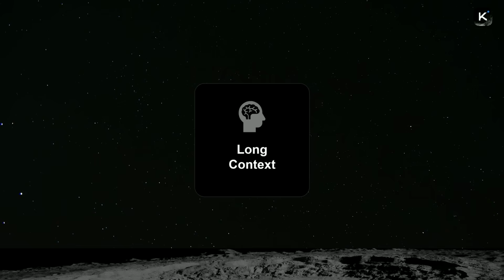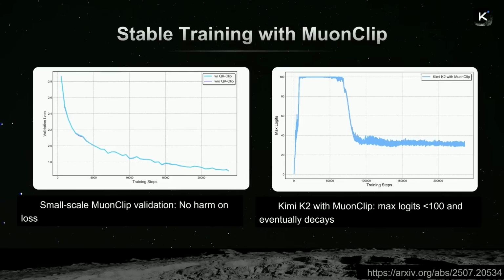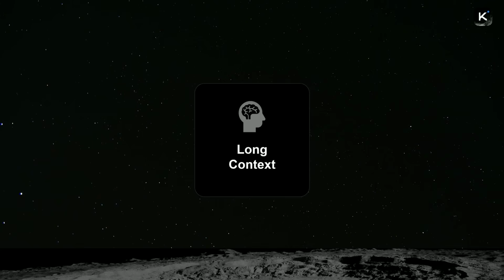So we employed this technique in our K2 model training and successfully scaled it to 1 trillion parameters. And this is the first example of large-scale Muon training in the history of machine learning. And the second